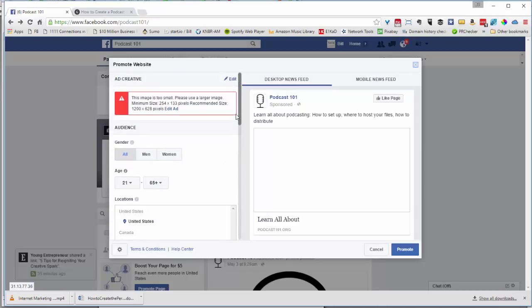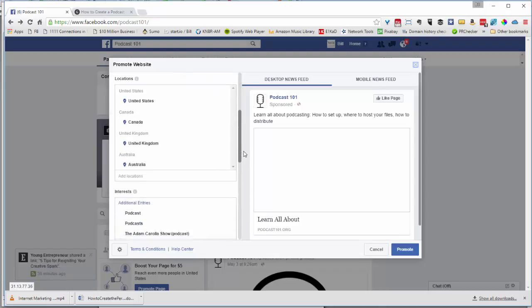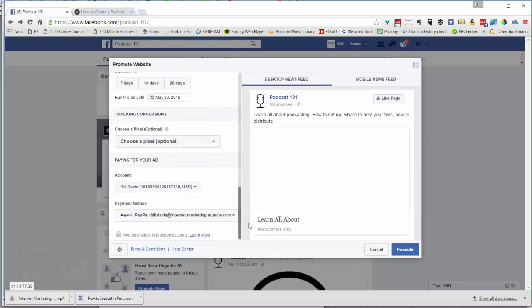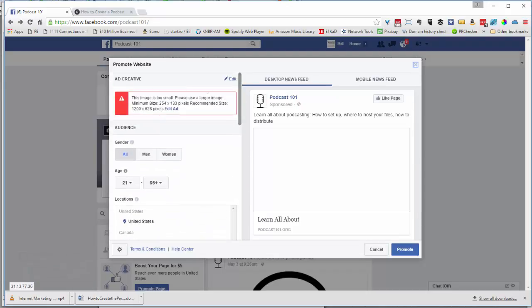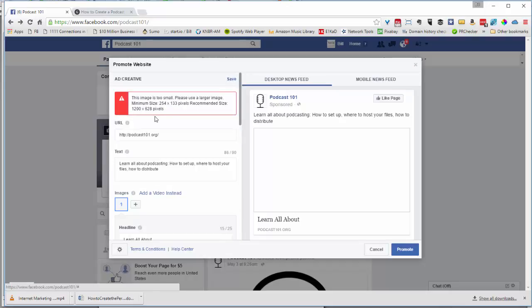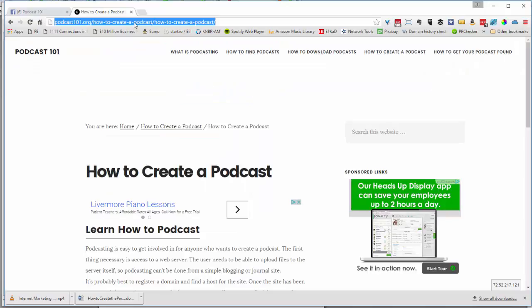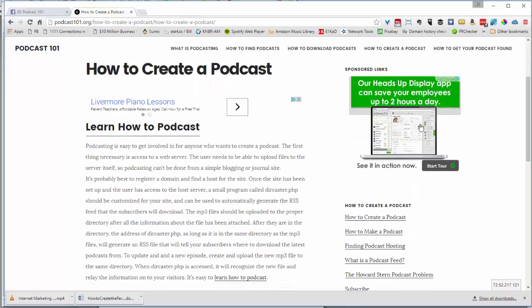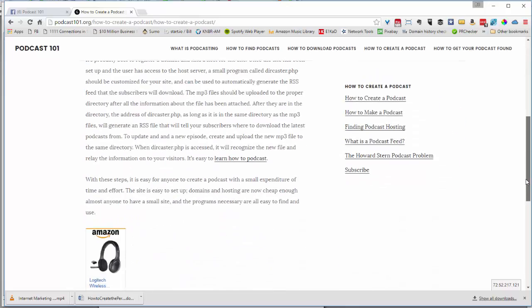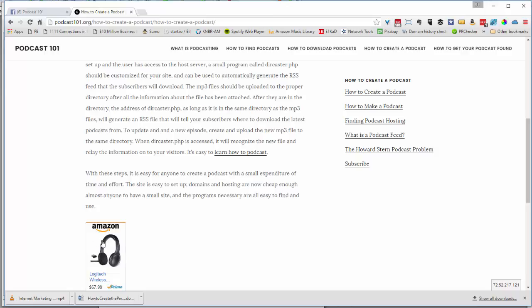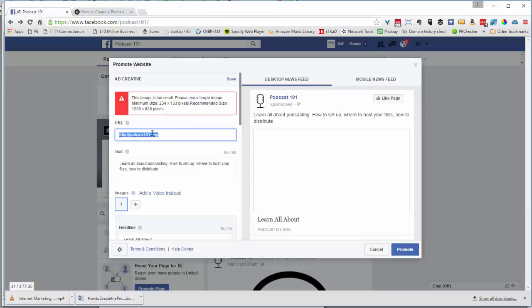So we're going to add an image here because, as you notice, this image is too small. Well, there are no images here. I haven't added any images. So I click edit, and then I'm going to type in a URL of an internal page, which has some AdWords stuff on it, here and here. And I think I have an affiliate product here, so somebody might actually click on that. So if I paste that in,